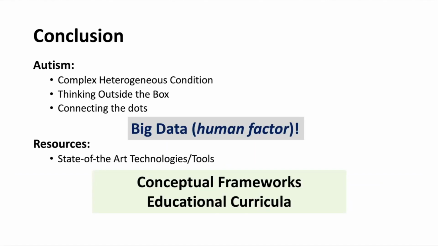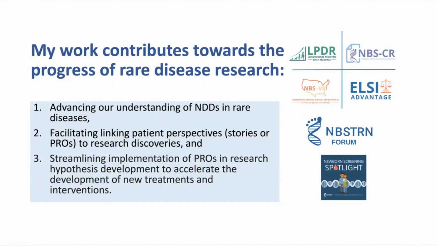Autism is a complex and heterogeneous condition requiring innovative and integrative approaches to research. We need to evaluate big data through different lenses and perspectives, which I call the human factor. While state-of-the-art technologies are essential, we should also emphasize access to state-of-the-art conceptual frameworks and educational curricula to promote patient-centered autism research. The newborn screening system is an excellent ecosystem to further define roadmaps and protocols for narrowing the gap between genetics and outcomes research because of its